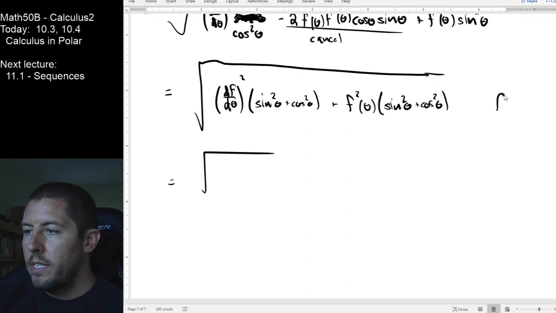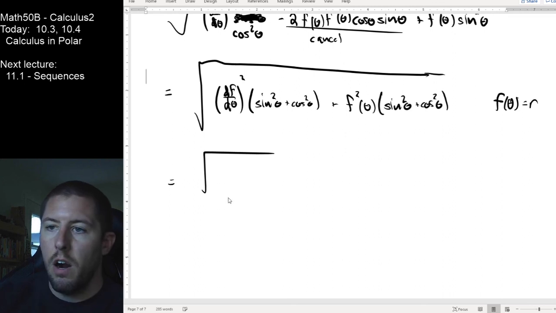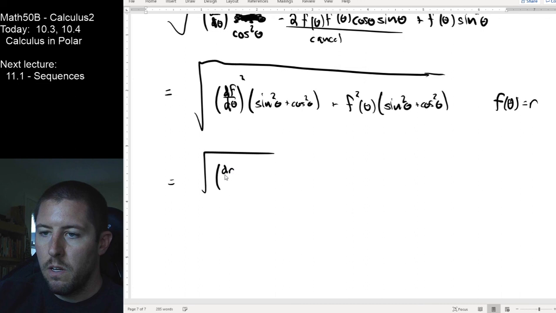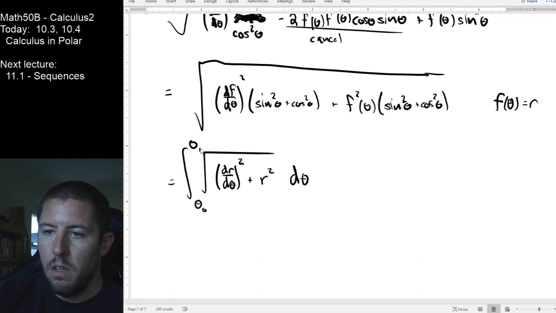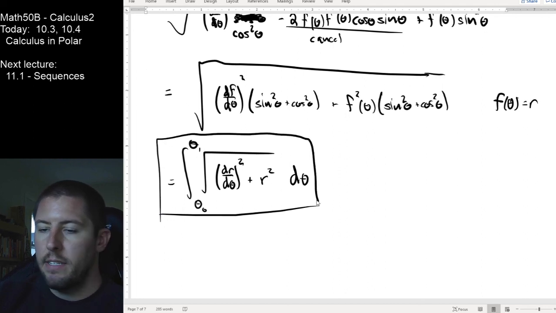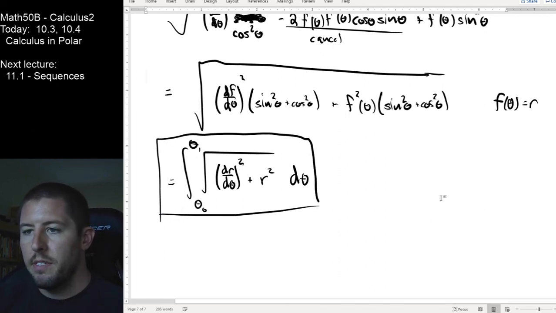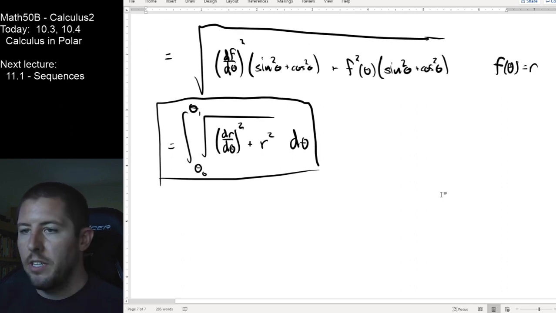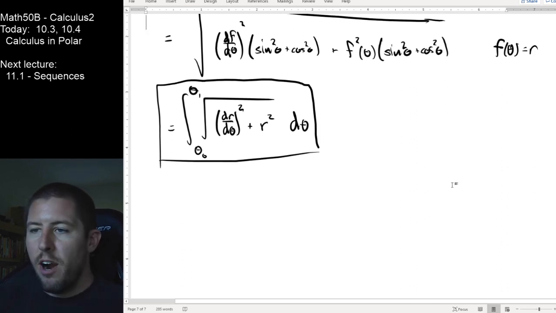And remember, we said that f is really literally just r. So it looks like this is the derivative of r with respect to theta plus f, which is literally just the radius. So it looks like this is our new arc length formula. And we got that just by subbing in our derivatives right there. I just took my new derivatives and subbed them on in, and we got the new terms that we were interested in. So now that I have my new arc length formula,